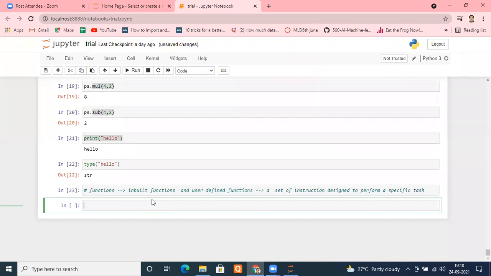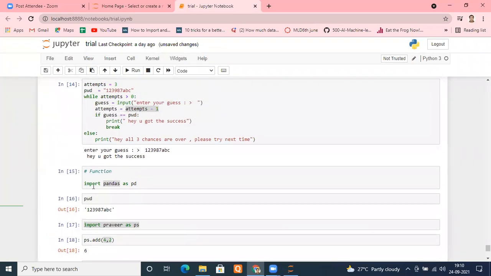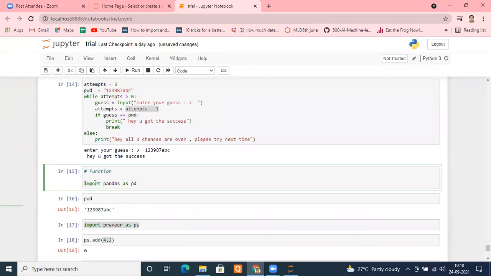Sir, my path is different for that particular file, so how do I change that directory? No issue with that. Whenever you are calling that function, always remember to specify the path properly. If you're importing using this function, it's always recommended to put your files in the same directory. But you can change that when your function itself asks for a file path.